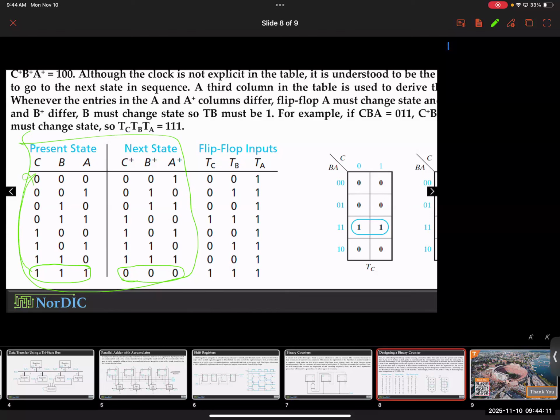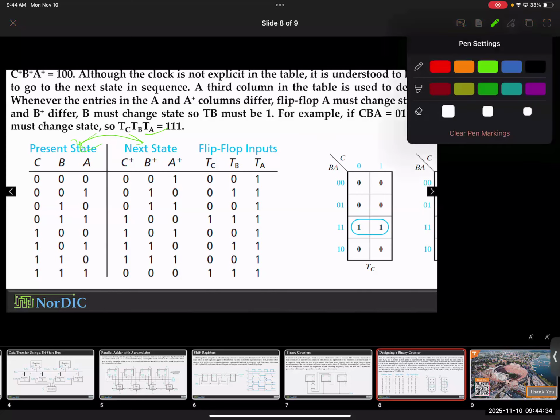The last 1/3 is here. So we have to decide what your final decision is here. Your final decision is, what do you do with the toggle signals? Toggle A, toggle B, toggle C. What do you do with the toggle signal? How do you change the toggle signals to achieve this present state, next state combination? Okay. So as I told you here,